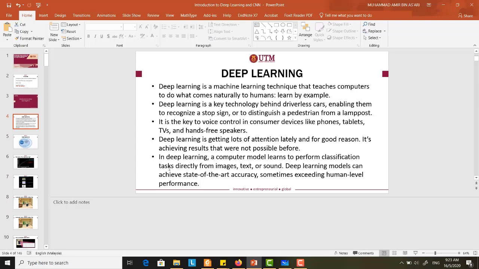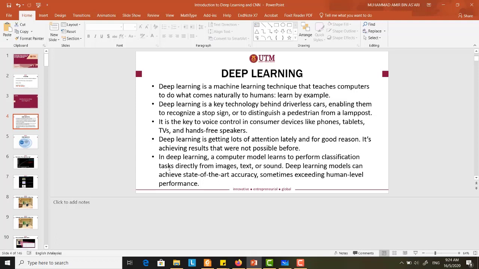But if you want to see an example of deep learning in reinforcement learning, remember the computer that managed to beat a human in the AlphaGo competition. That is using deep reinforcement learning. It's not using deep learning under supervised learning, it's under reinforcement learning. So that is one example. But what we use today, what is very popular today, is more on deep learning under supervised learning.